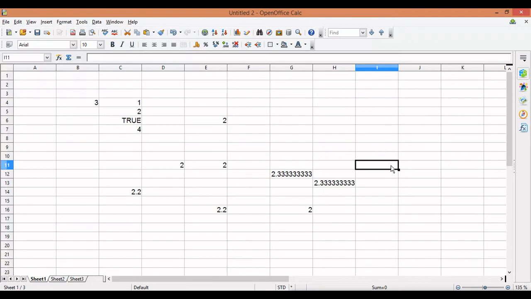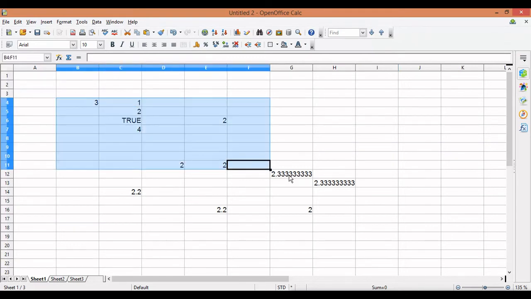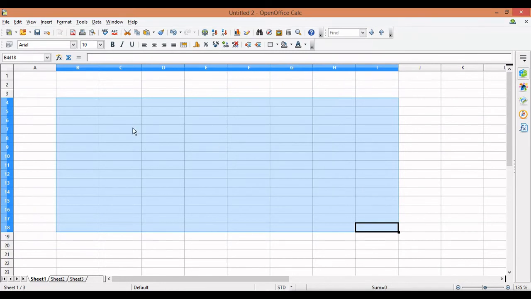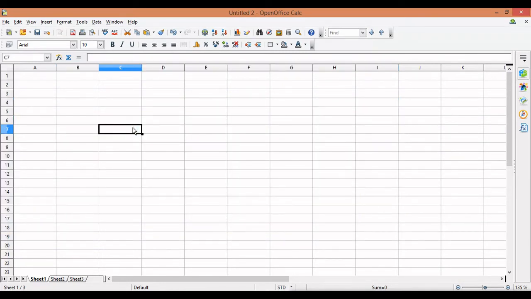Now coming to the next function, which is count. Let me first delete this. Okay, so what will count do? I have a few numbers, for example 1, 2, 3 and 4. Okay, so if I am using count, C-O-U-N-T, the function name is count, you have to give the cell range, dragging it and telling it that this is the range, and enter. So count will give you how many numbers are there in your cell range.